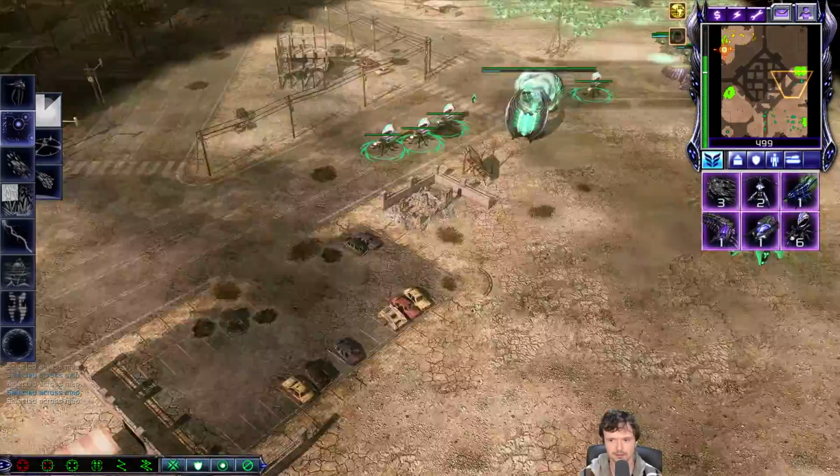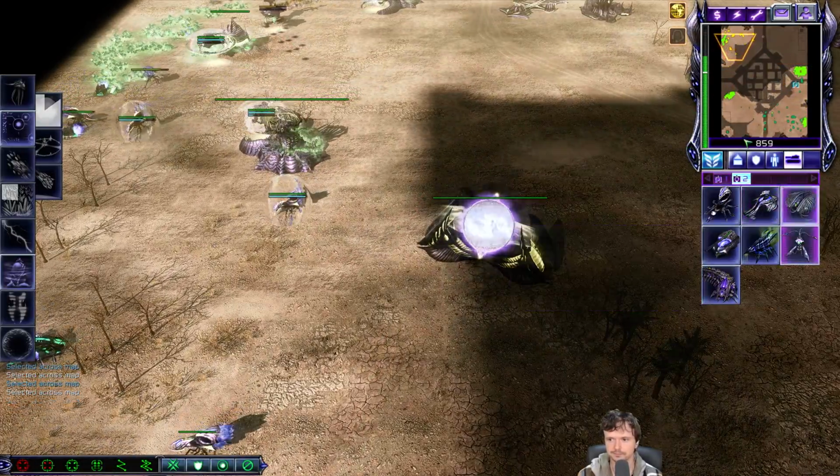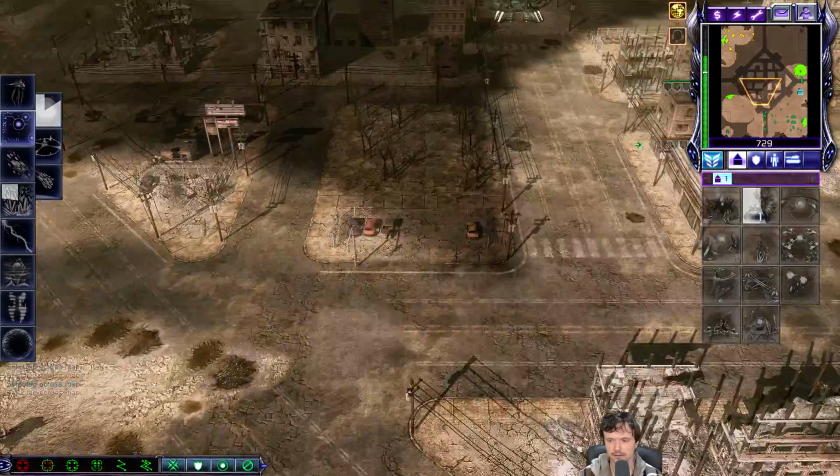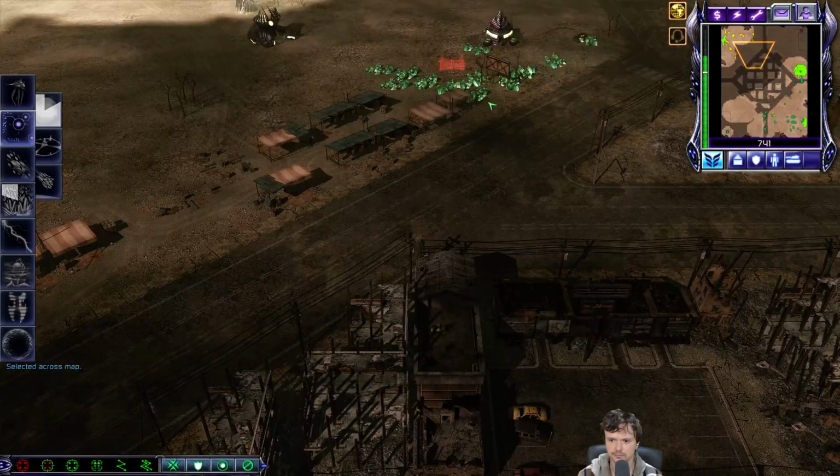Structure sold. On hold. Cancel. Now, the problem for him is he can't use it again, so...